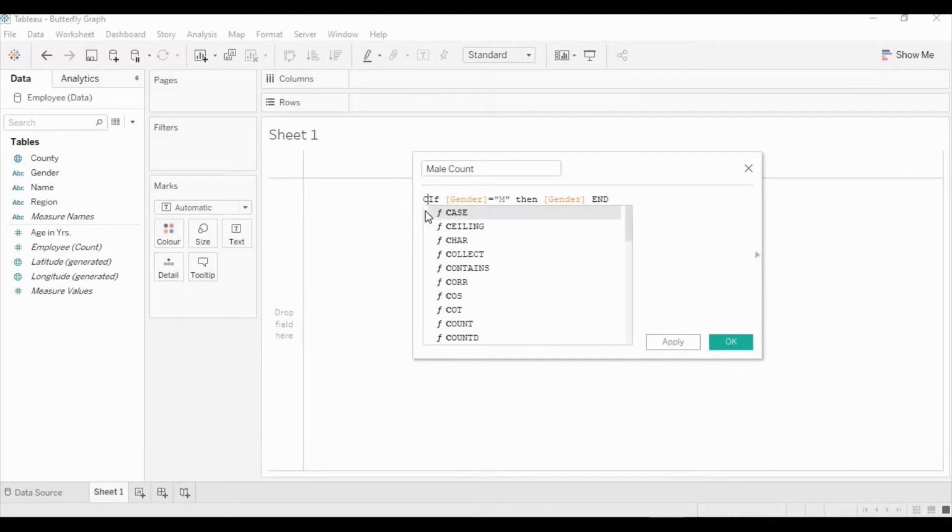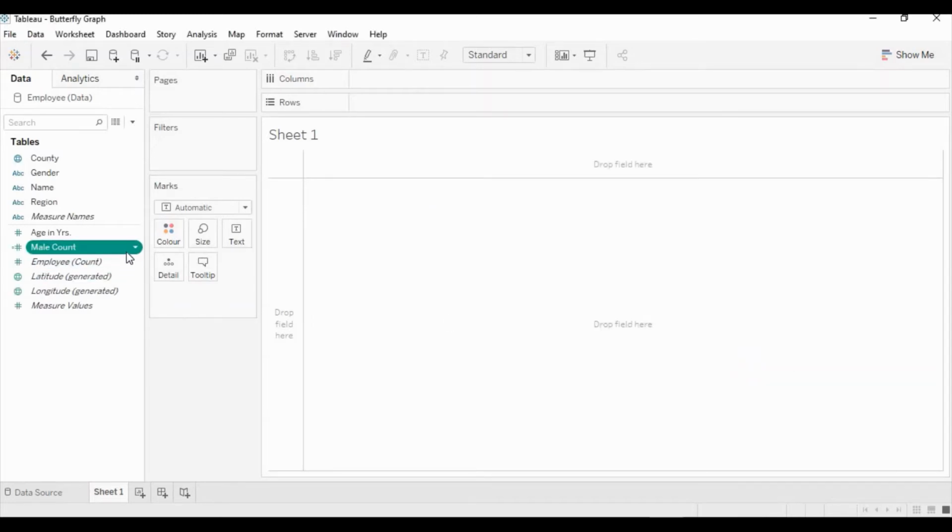We need the count, so we put a count formula in front of this whole if condition and click OK. You can see we have a male count.